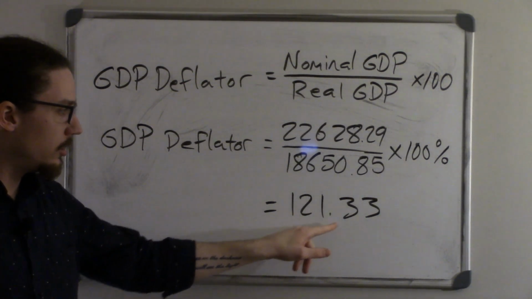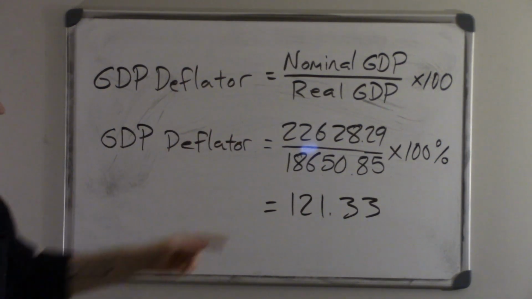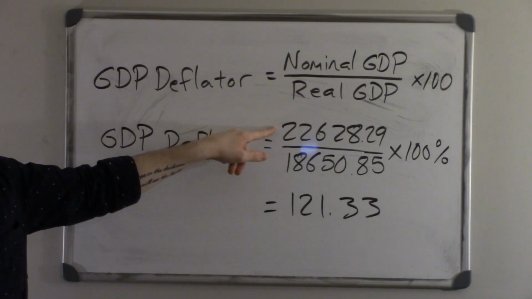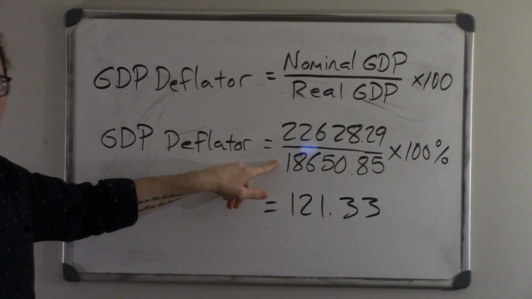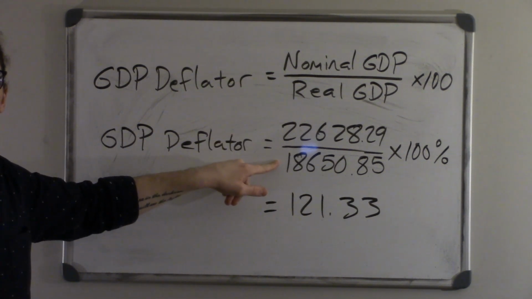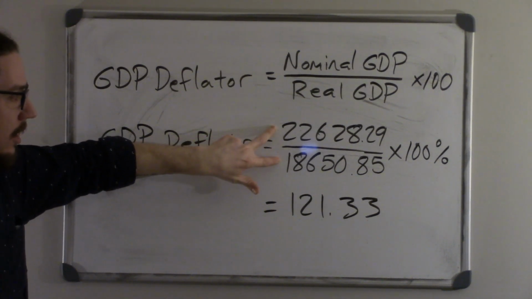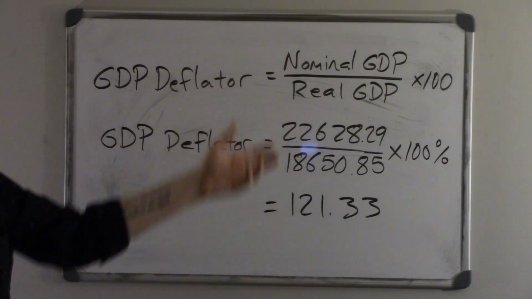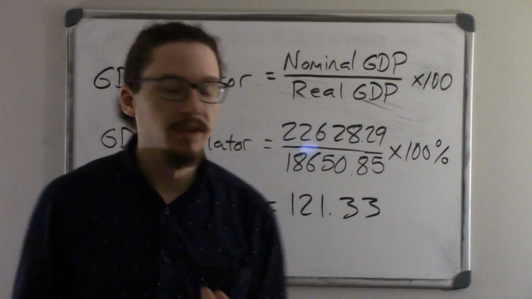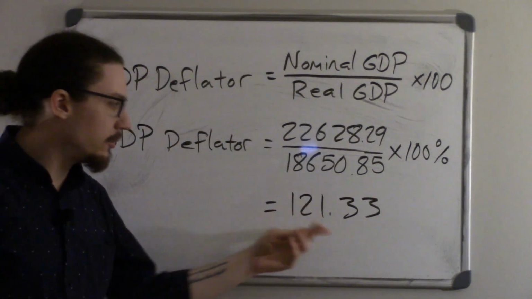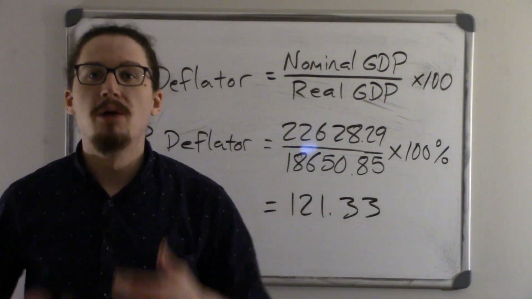All right, looking at this, with this 121.33, let's just think about what it's telling us, right? In the numerator, we've got 2020 quantities with 2020 prices. In the denominator, we've got 2020 quantities with 2019 prices. So the only difference between these two is the prices, right? And so the difference, which we can see in this ratio, that's going to be an indicator of inflation, right? So subtract 100 from this